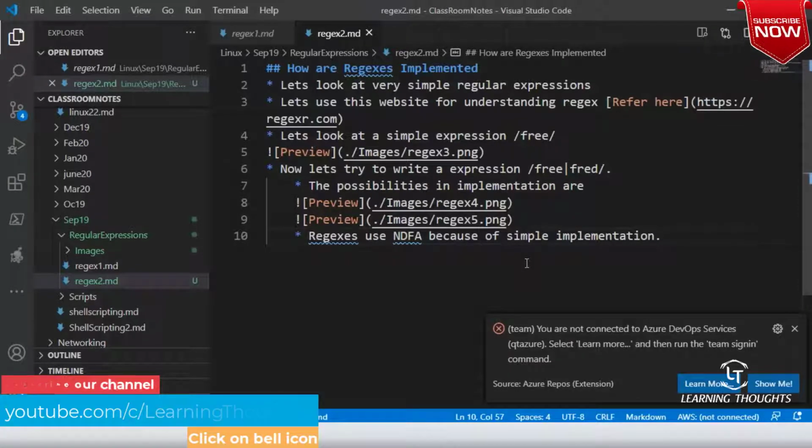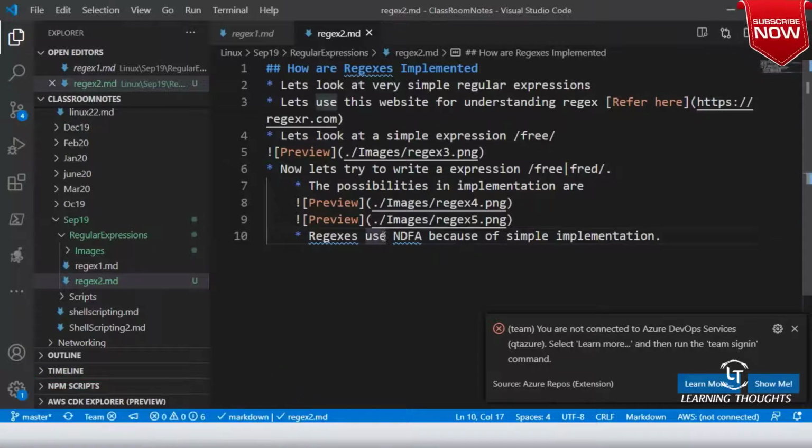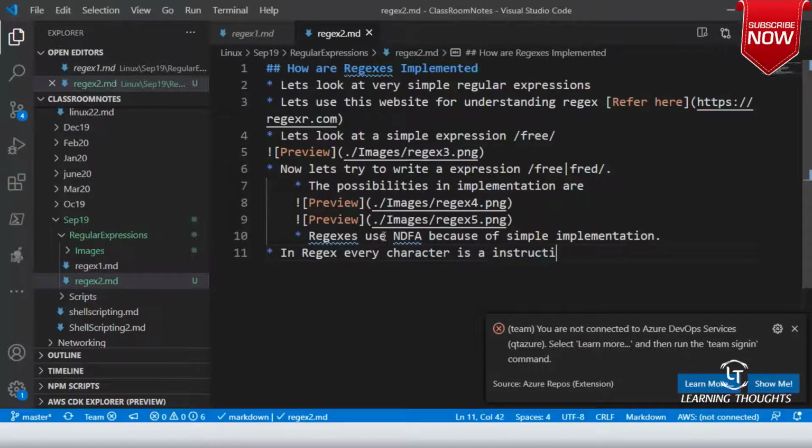So in this regex, what you need to understand is in regular expression, every character is an instruction. Yes or no? Right? So for example, we have passed FREE. What we were trying to tell was, okay, match F, then R, then E, and all of that stuff.